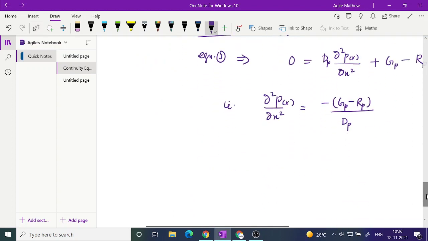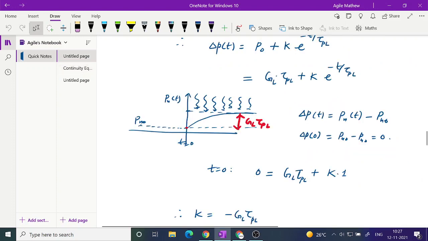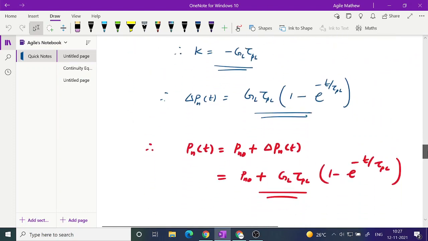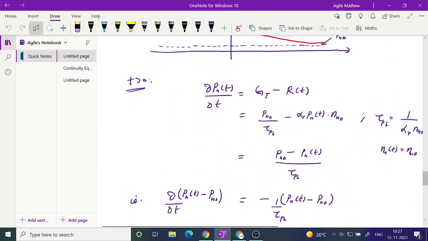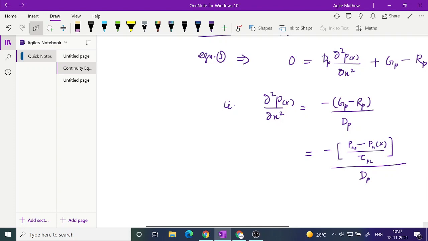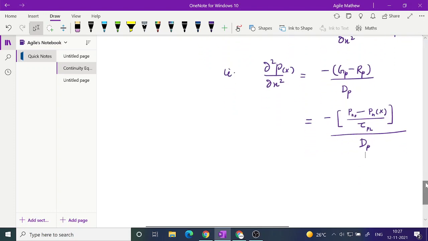So this is equal to, whatever is in the bracket I am going to give a substitution: Pn of 0 minus Pn of x divided by tau PL, and then divided by dp. Let me just again verify. Pn0 minus Pn of x divided by tau PL. So I substitute this, and then again so that is